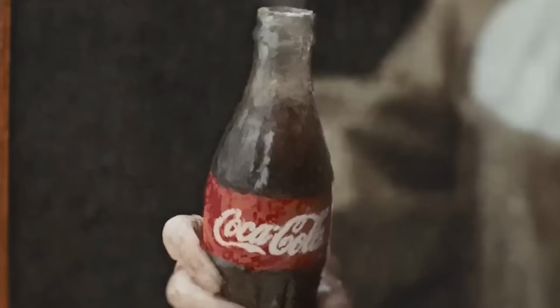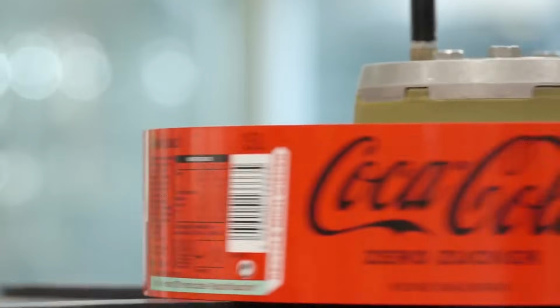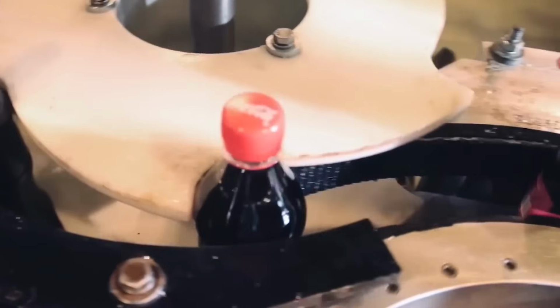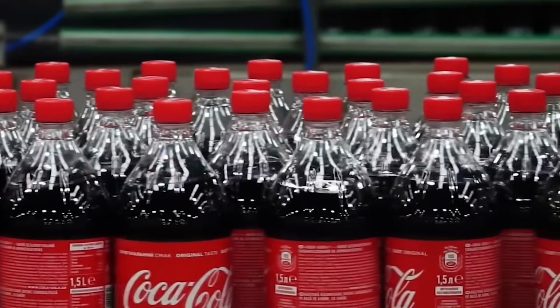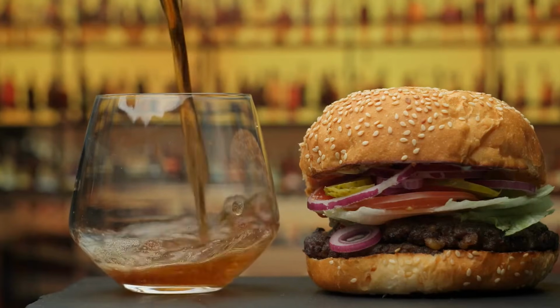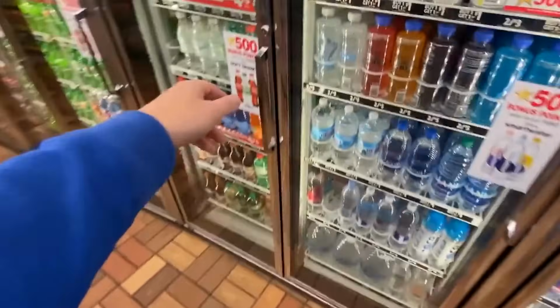So, the next time you crack open a cold Coca-Cola, remember that there's a lot more going on behind the bottle than just a simple soda. From the carefully sourced ingredients, the secret mix of flavors, the perfect fizz, and the commitment to sustainability, every sip of Coke comes from a process designed for consistency and quality. Whether you're enjoying it with a burger, pizza, or all on its own, Coca-Cola remains a timeless favorite around the